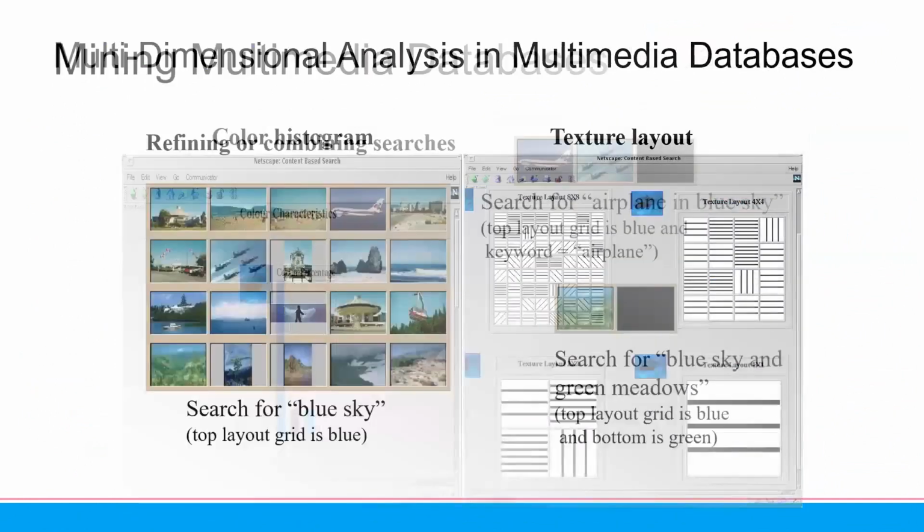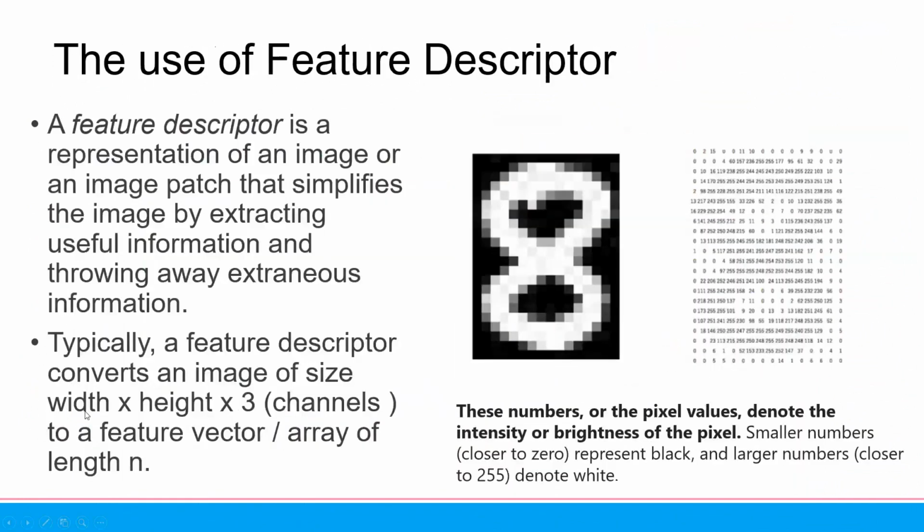So once we have the width multiplied by height and the 3 channels, we can later make the feature vector or an array of length n. Let's see from this example. It is number 8. Can you see this one? This is 8. And this picture or this image,